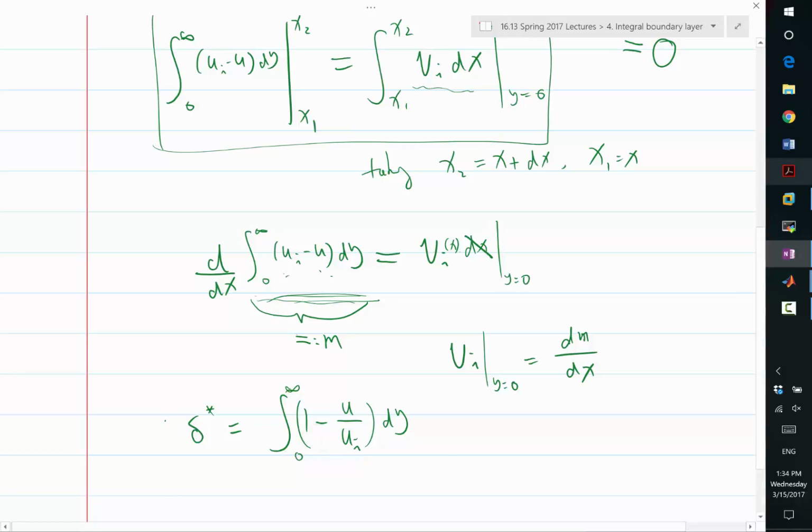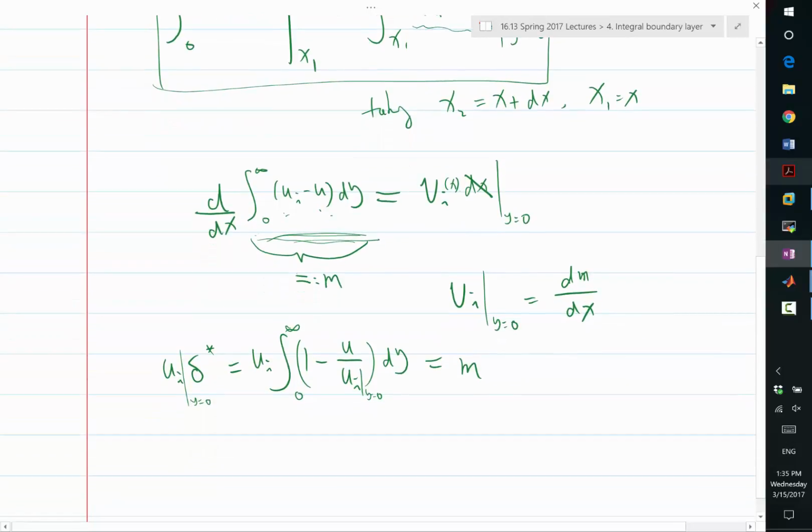Yes, if I multiply Ui on both sides, so basically Ui at y equal to 0, then I can cancel these two, and this is my m. All right. Make sense? So here, the dm dx